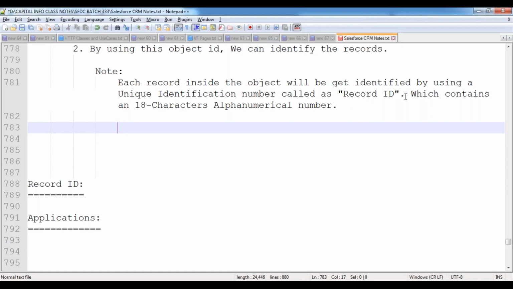Now, that means they are always going to generate a unique number. There is no chance of repeating the same number again. That's how they have designed that algorithm. So whenever we create a new record inside an object, for every record, Salesforce is allocating